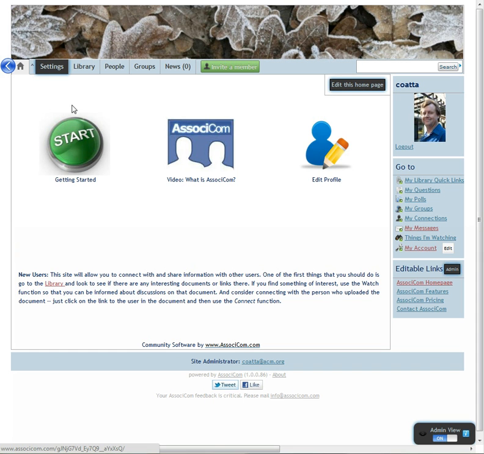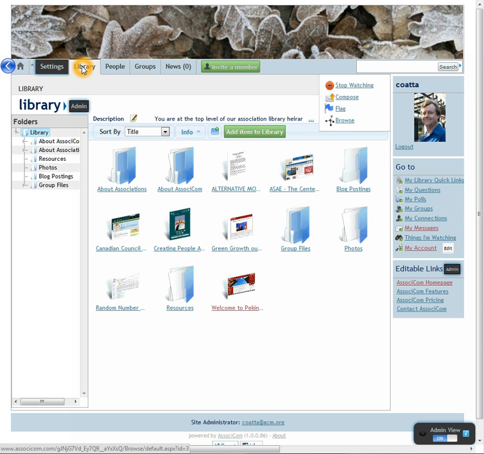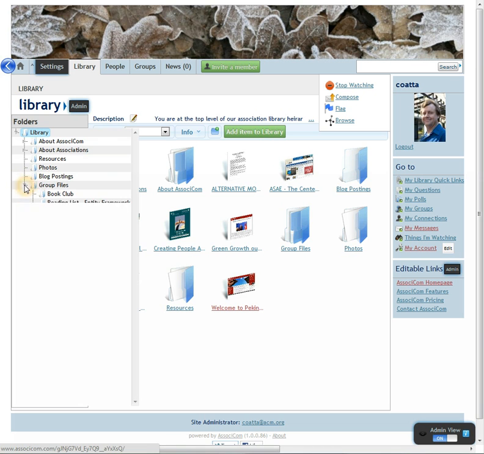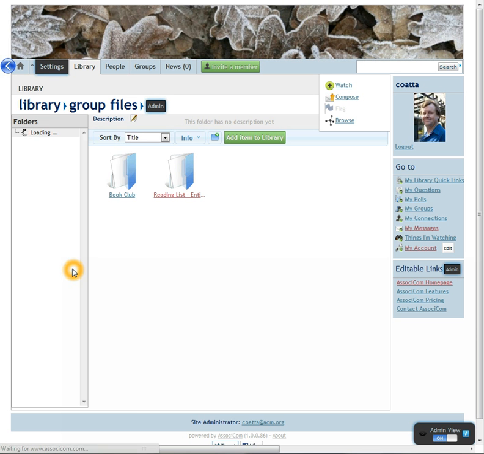The first thing that I'm going to do is go up to the Library tab here at the top, and I'm going to create a place for the committee members to store their files. Now we're using the group feature to do this inside AssociCom, and I already have a place for different groups to store their files, so I'm just going to come in and create a location for this new committee in this particular area. So I've selected group files on the left there,